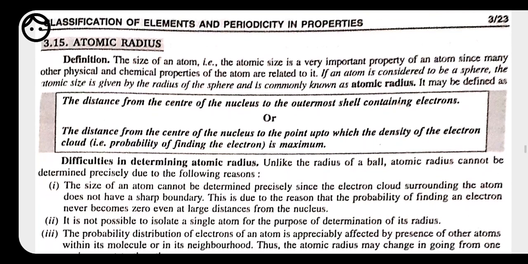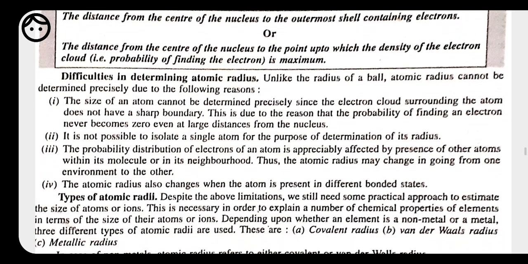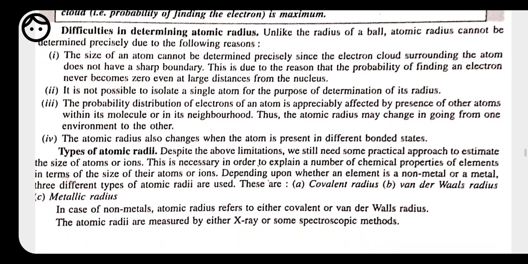Okay, so with the help of this we can take out the radius, but actually we cannot calculate the exact radius of any atom because of a certain reason. We do not know where the electron is actually present, because we know that these electrons are always in motion. So whatever radius we have is not accurate, but even after this limitation, we still take the radius of atoms.